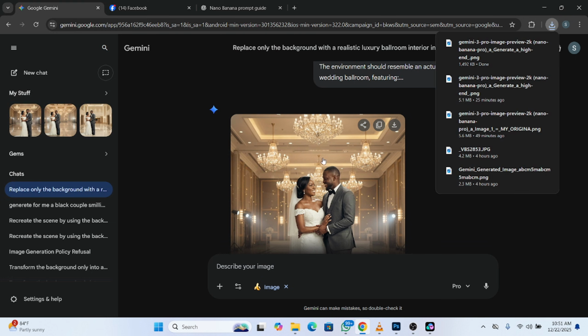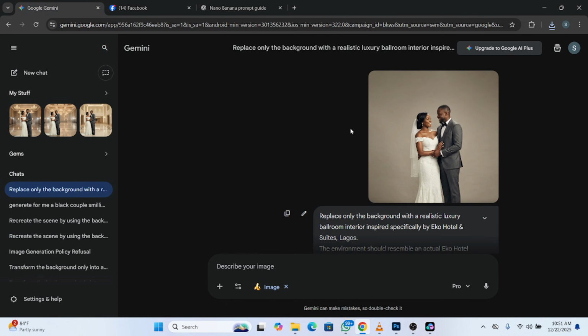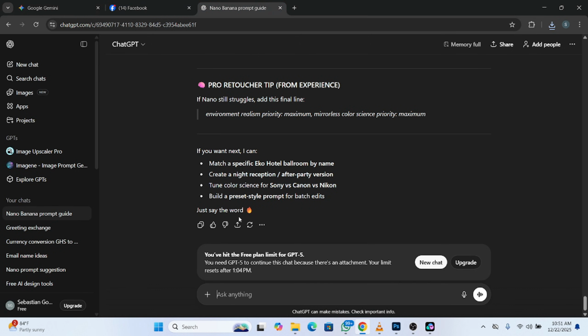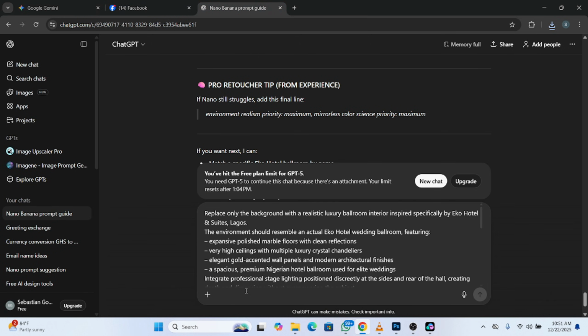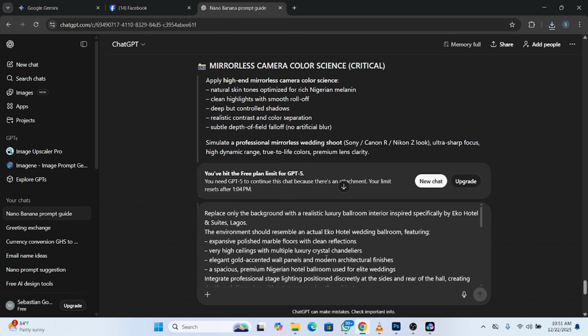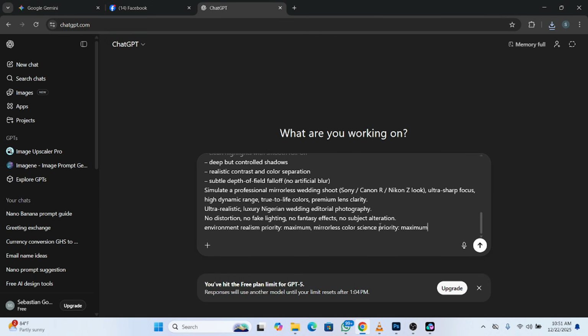Save it right here. Then once you save it, I'm going to go back to my ChatGPT. Then I'm going to paste all that prompt here. Watch what I'm doing. I've copied the prompt, click here to copy, then paste all that prompt, right? Now, tell it, give me the outdoor version. I just want us to see the different version of the generation and see the one that we work for. So we need to open a new chat, come down here,